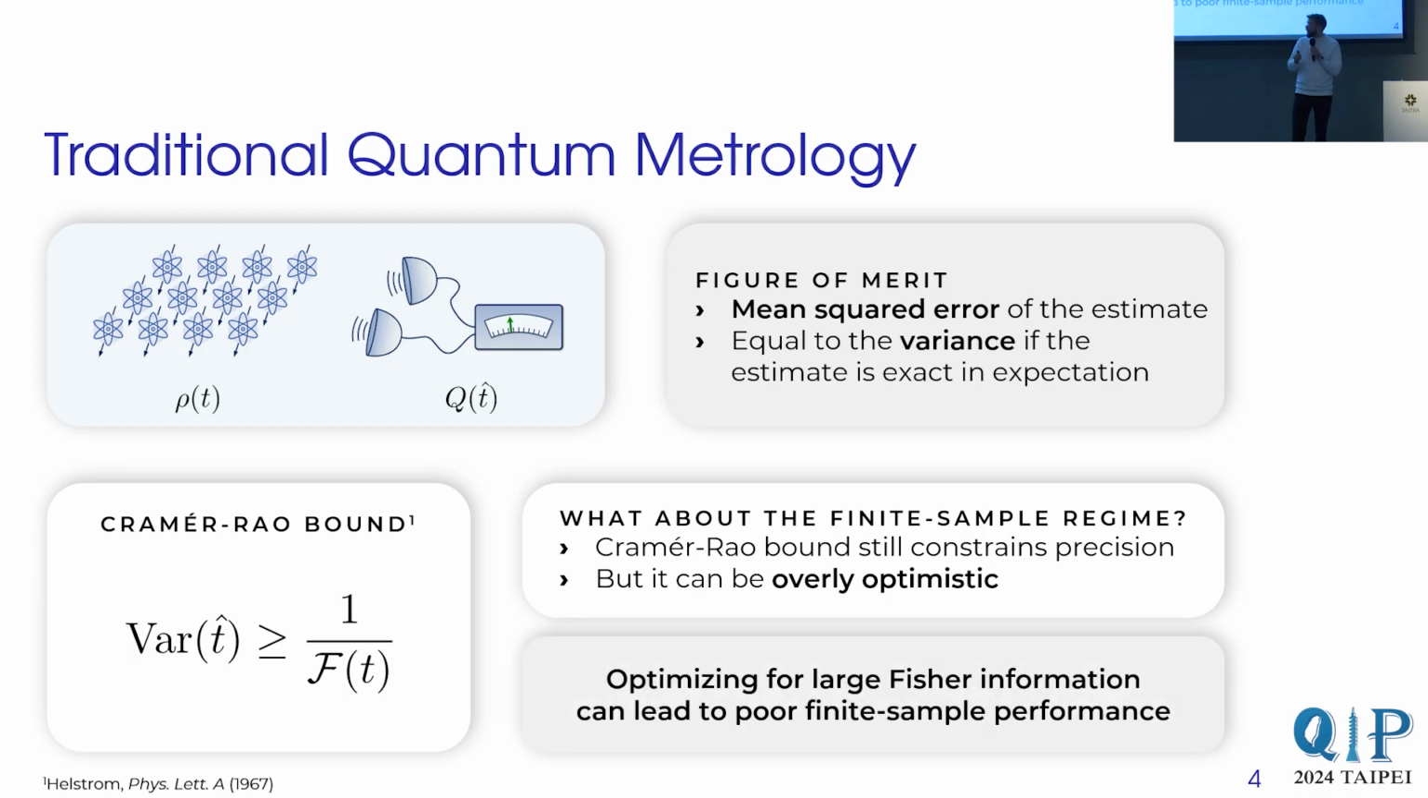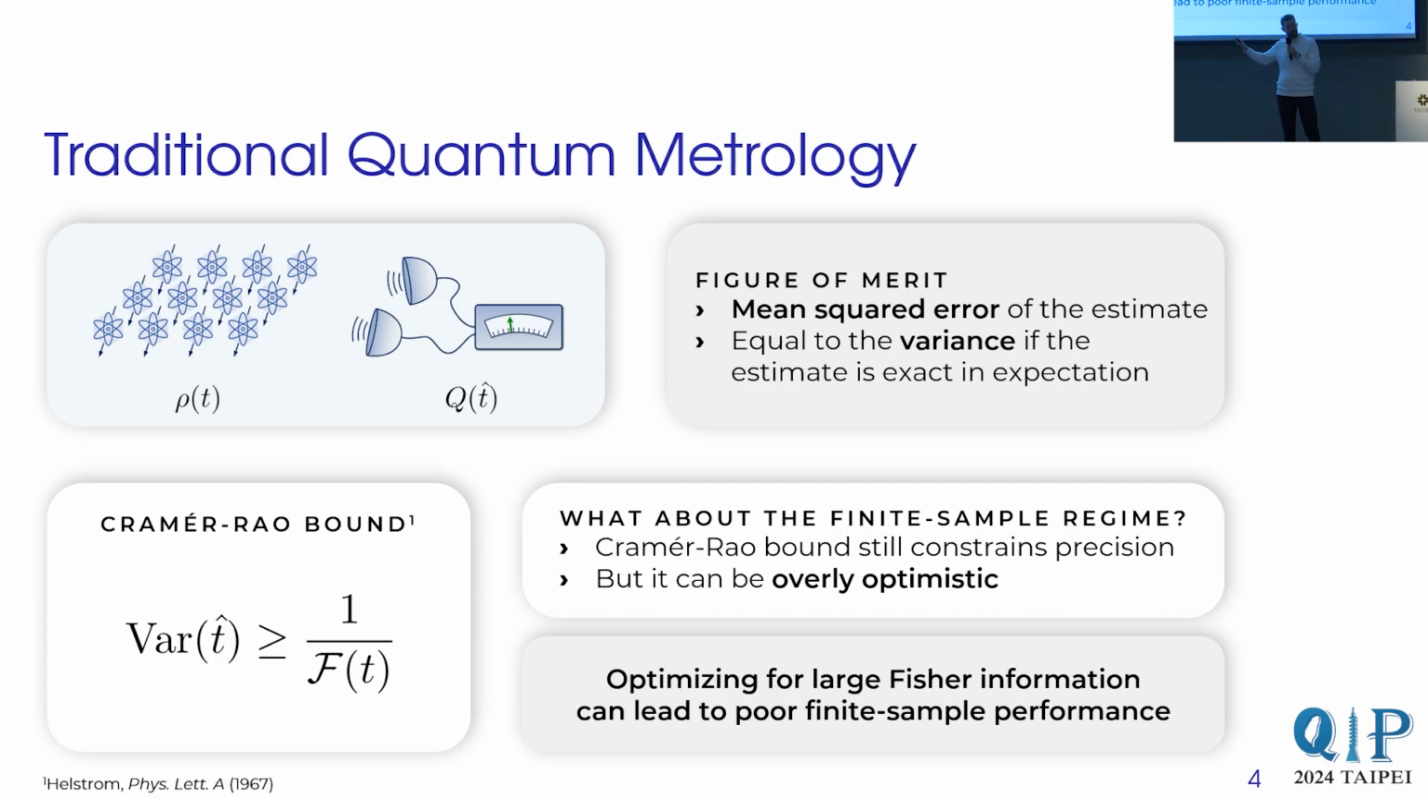And this means that if I only optimize for large Fisher information in my probe state, so to speak, or in my measurement, then this can actually lead to a poor finite sample performance. And we will see an example of this later in the talk. Okay, so this is the traditional approach, and I just want to emphasize that it's really nice because this